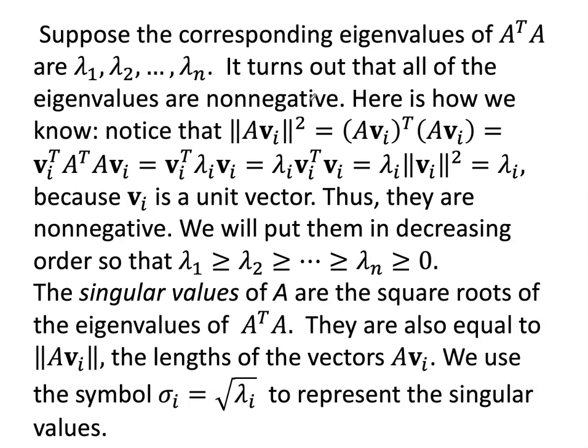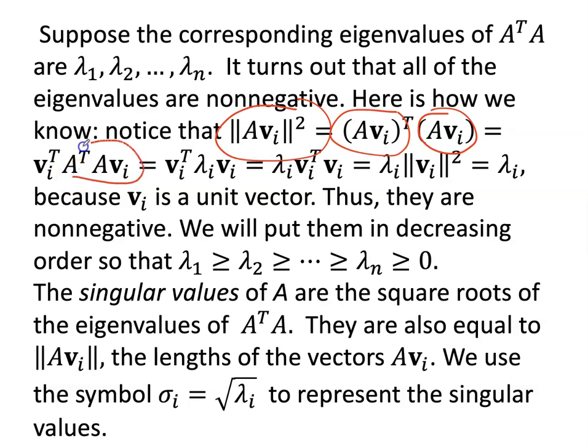Suppose the corresponding eigenvalues of A transpose A are lambda 1, lambda 2, through lambda sub n. It turns out that all of the eigenvalues are non-negative. Here's how we know. Notice that the length of A v_i squared is just going to be (A v_i) transpose times (A v_i). We've seen before when you multiply a matrix and its transpose, you just get the length squared. And let's apply the law of transposes. That's going to be v_i transpose A transpose times A v_i, which can be rewritten as v_i transpose lambda_i v_i,